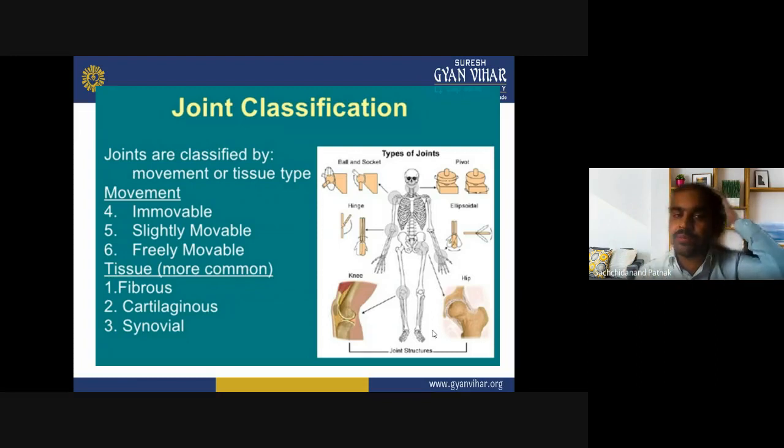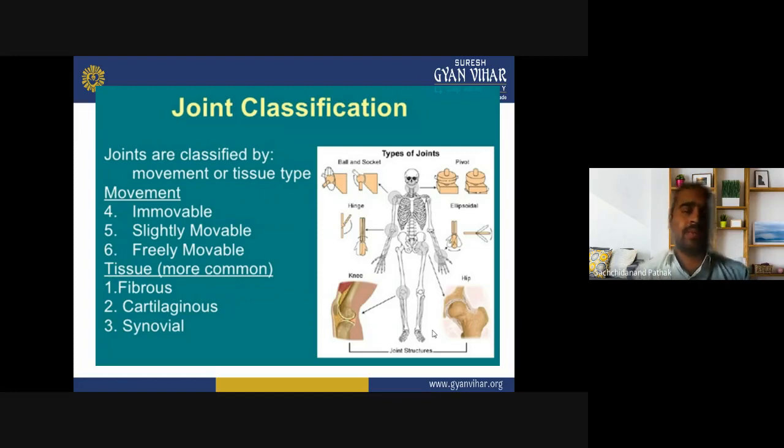You cannot move these sutures, you cannot move the parietal, temporal, occipital, frontal, because the frontal is attached to the parietal, the parietal is also attached to the temporal, and the parietal is also attached to the occipital. So the parietal is in the middle, connected to the frontal, the temporal, and the occipital. And since the parietals are left and right, they are also joined to each other. These are the immovable joints, you cannot move them.